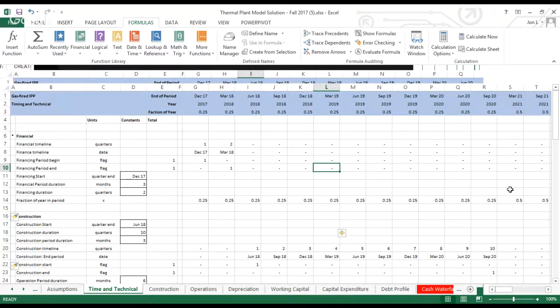So you stick with EBITDA. Depreciation is, let's see. Your taxes are also different because you're not